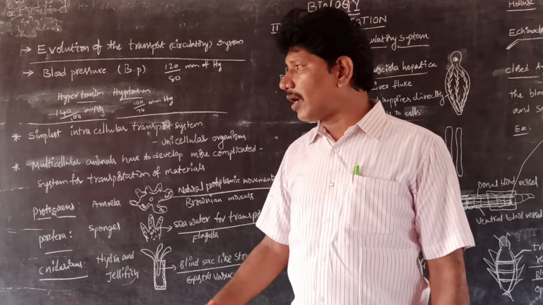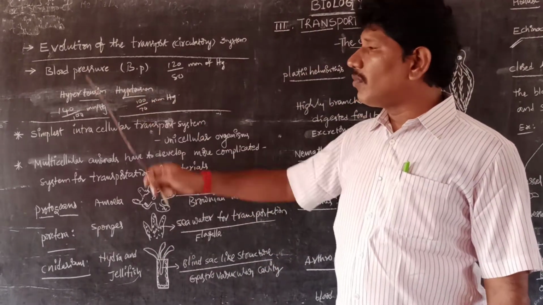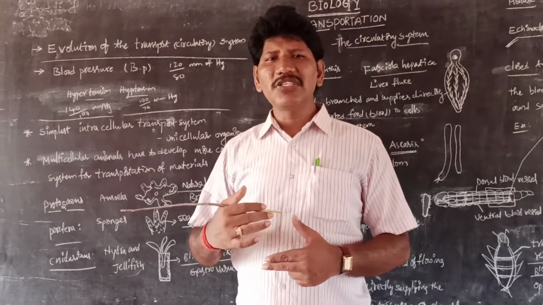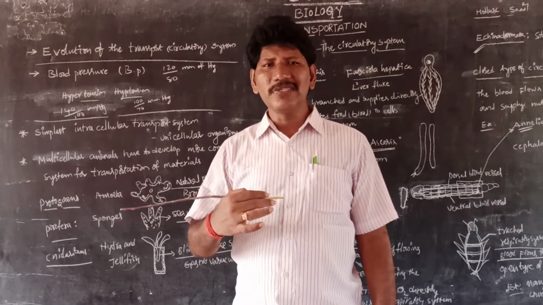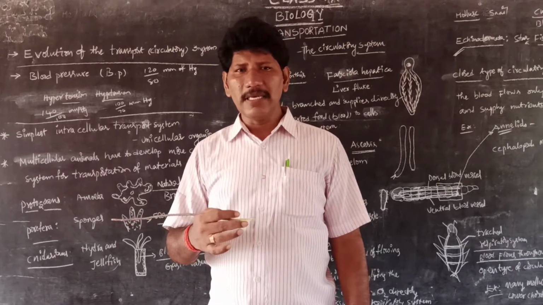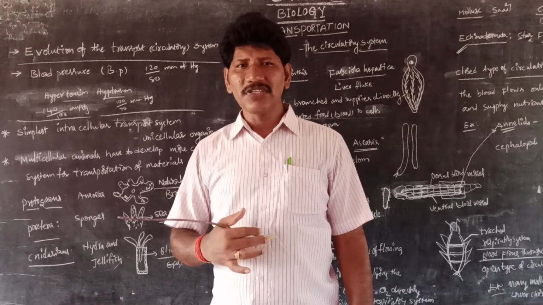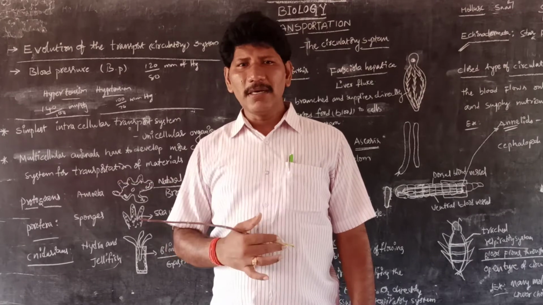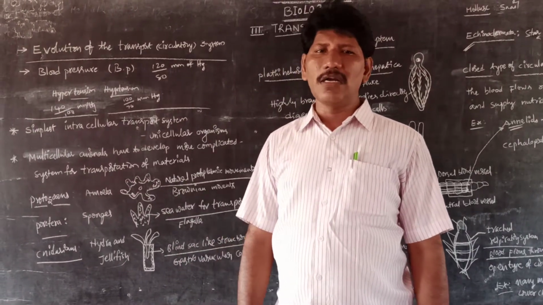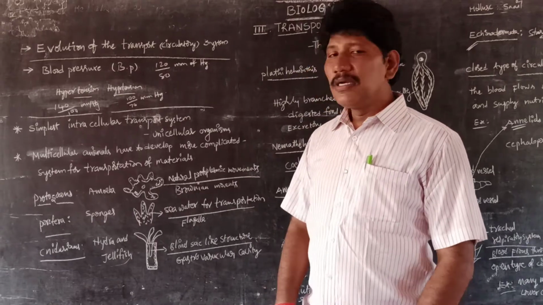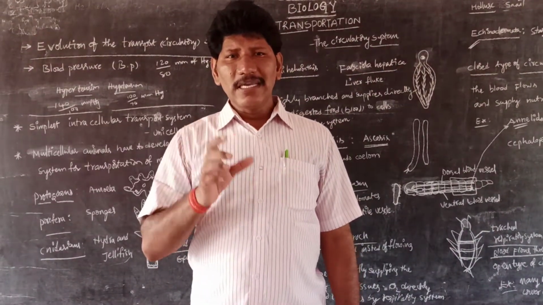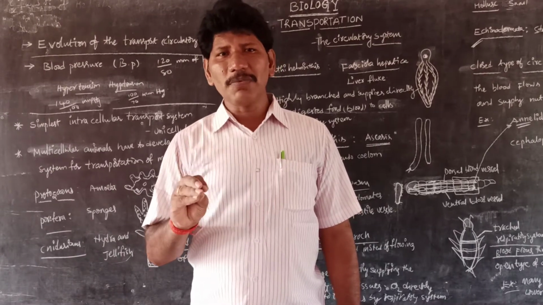So let us come to the topic of evolution. What do you mean by evolution? Evolution is a gradual change from simple to complex. Gradual change means, for example, in the general classification of the animal kingdom, from lower to higher organisms. We have already learned this in the ninth class, the fifth chapter,